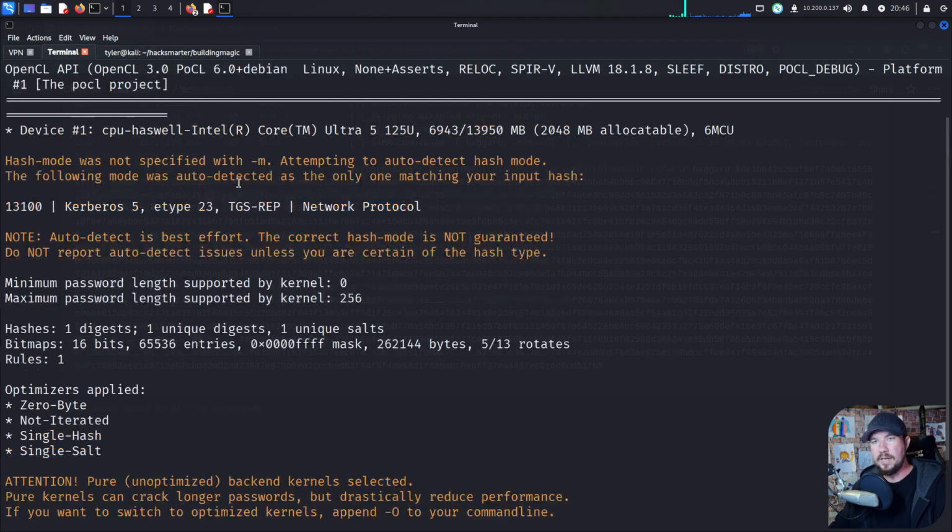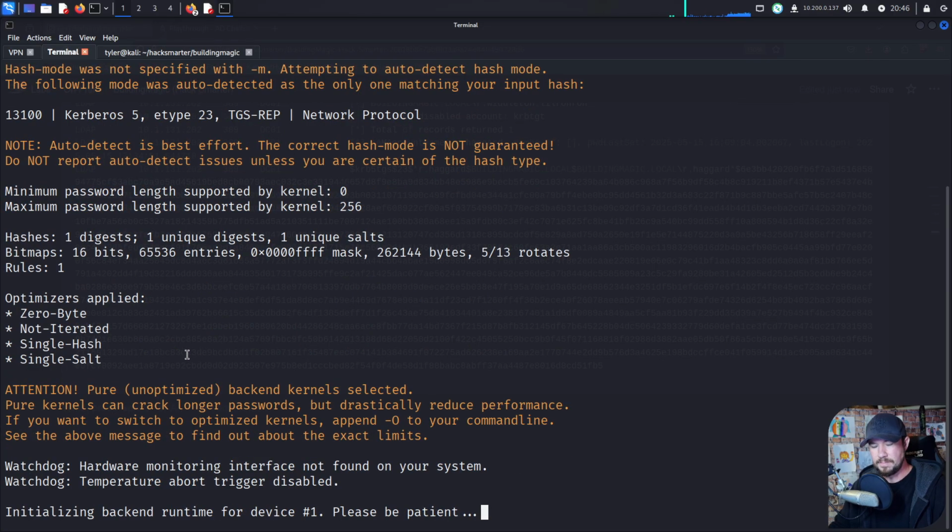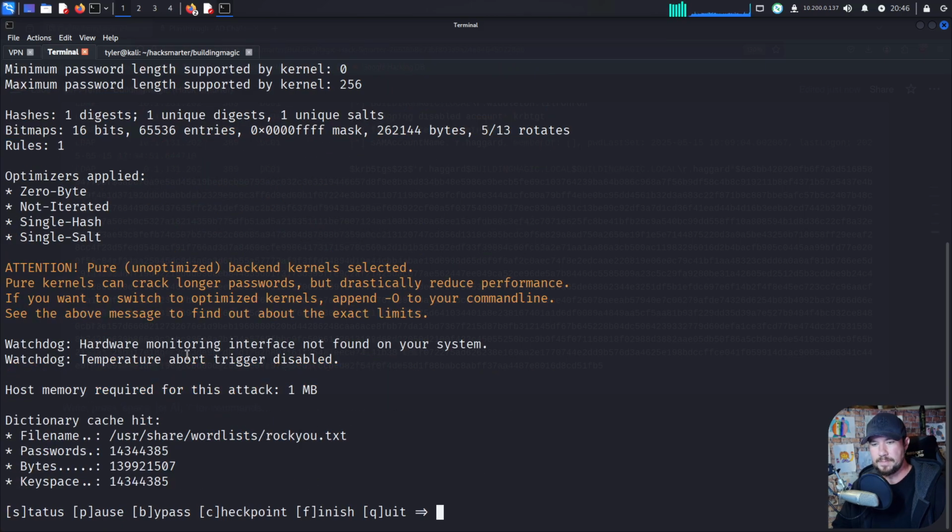And you can see it did correctly identify that it is 13100 or Kerberos as the hash type. I think Hashcat added that somewhat recently, like within the past year, where it auto detects it. Before, you used to have to always specify -m and then the hash type, but it does a pretty decent job now of identifying the hash. I've noticed that things like MD5, it will trip up a little bit, but